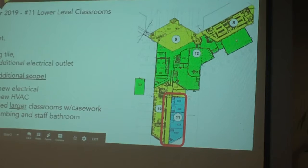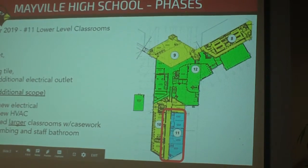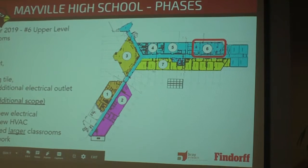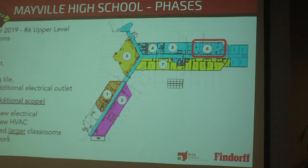Fitness center does not though. It's a large space, it does not. So, and then up above here, everything on this hallway currently does. Everything in this hallway does. And this will as well, but will not